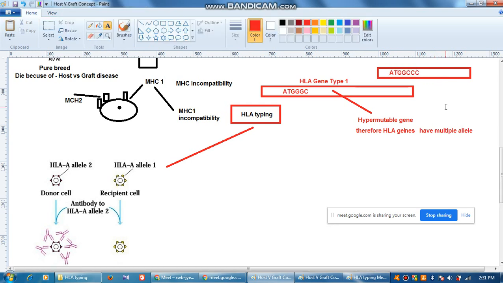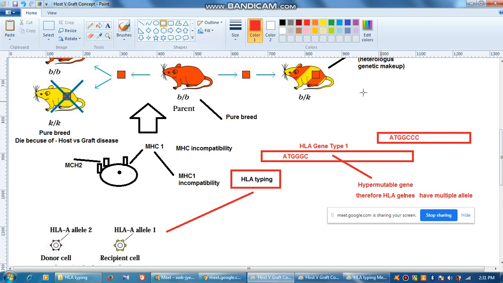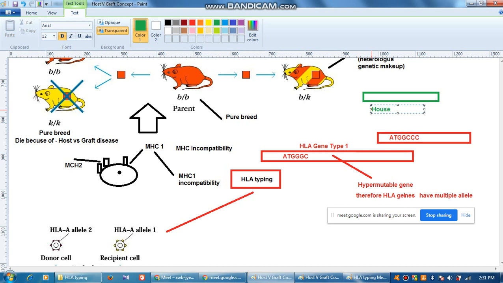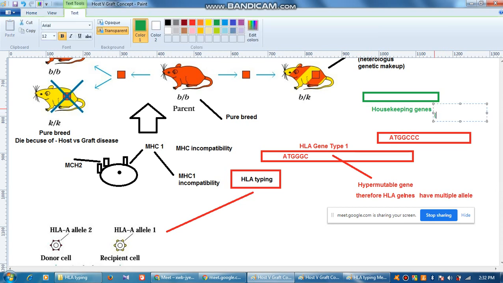But for some housekeeping genes, you also understand this. There are some other genes which are called housekeeping genes. Okay, so I'll change the color of it so that you can understand. So there are some other housekeeping genes as well. Okay, now what are these? Housekeeping genes are also there. Okay, you know what is the example? The most common examples are enzymes, hormones, means those kind of genes which are indispensable for human being.